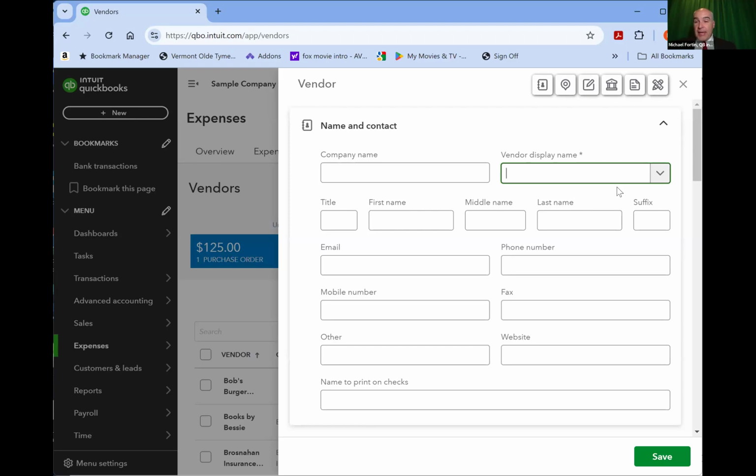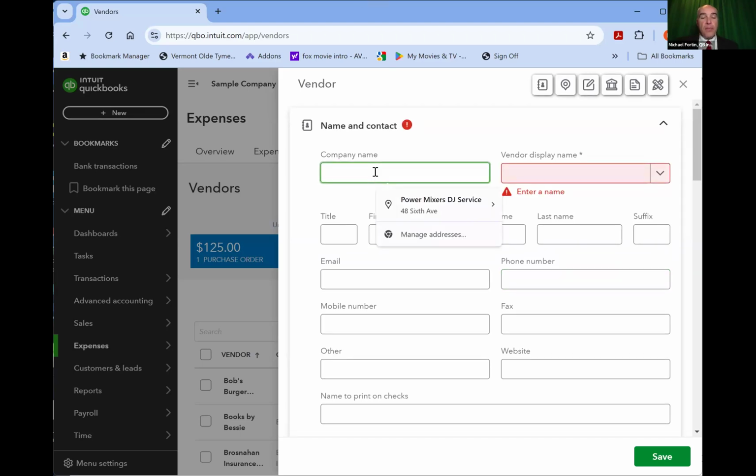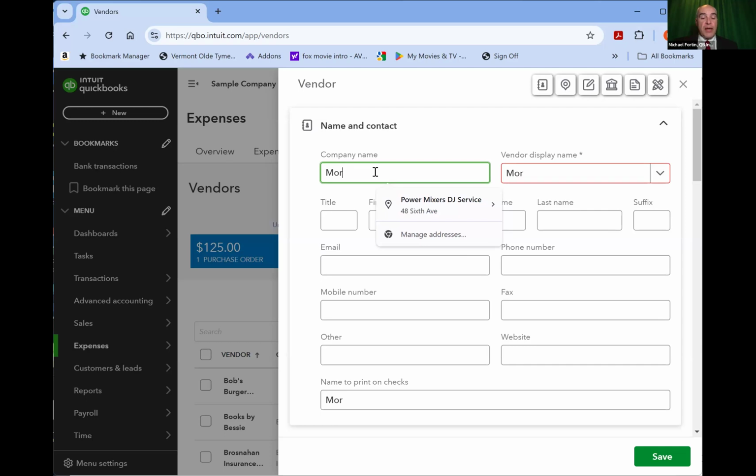And the other thing is that it is mostly identical to the production environment, but if you have a lower subscription level, the test drive we are using is the advanced test drive. So this gives you access to all of the features that QuickBooks offers. So it may look a little different than the screen you normally would use, in that it gives you more choices and more options. All right, so we're going to enter in the company name, Morning Supplies.